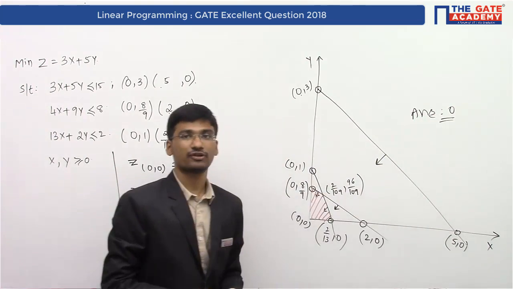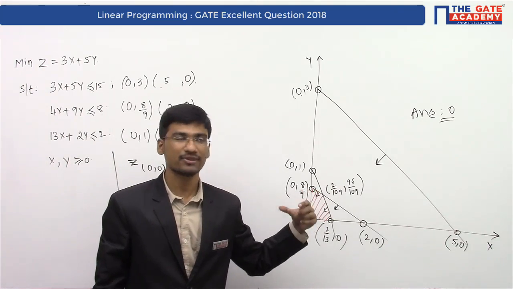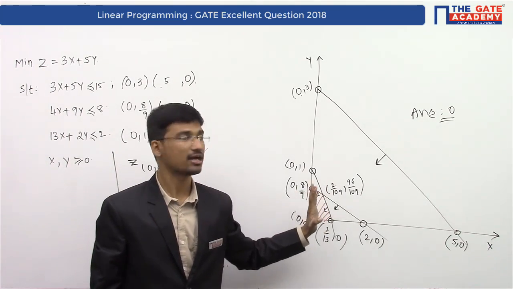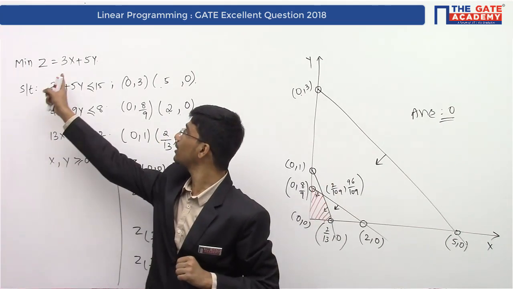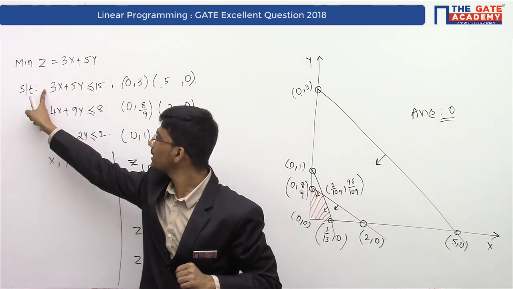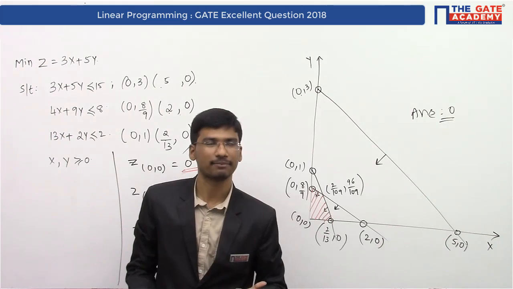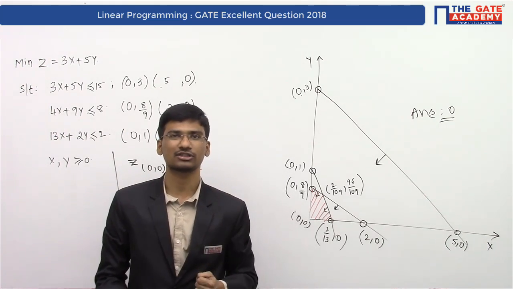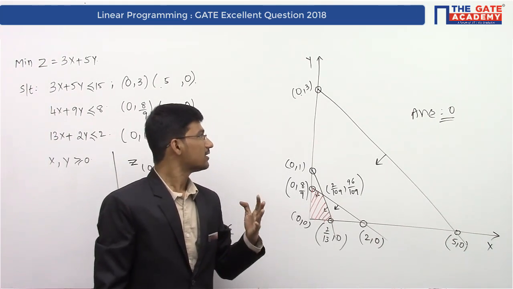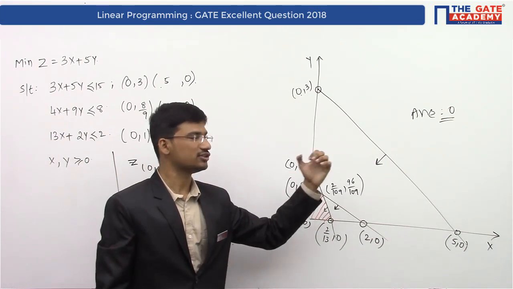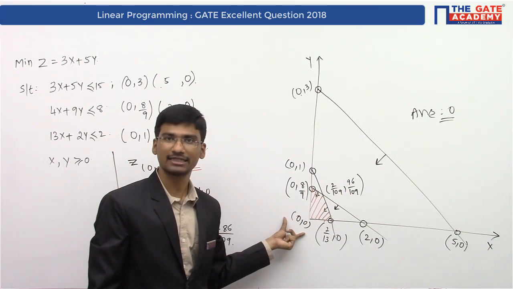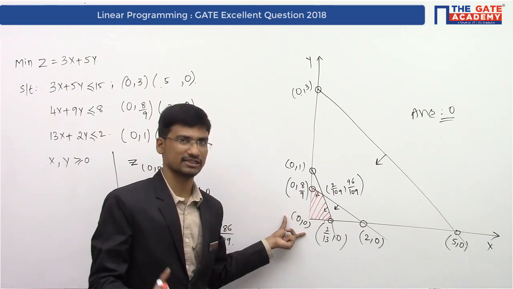Okay. So if it was a maximization problem, then we have to look at this feasible region. As it is a minimization problem and you are having plus symbol here and all the constraints are of less than or equal to type, we can easily say by looking at the question, this is having a minimum value of 0, which will be occurring at this particular point, which is our origin.